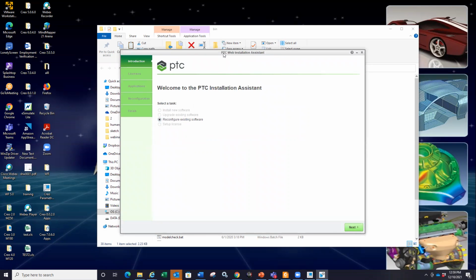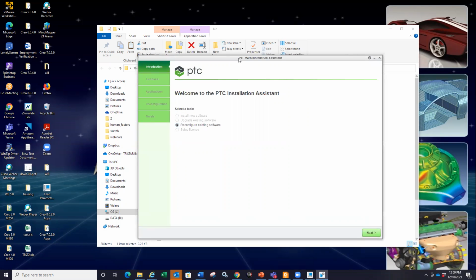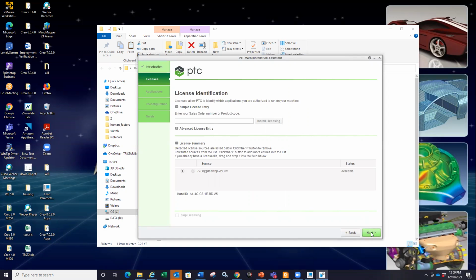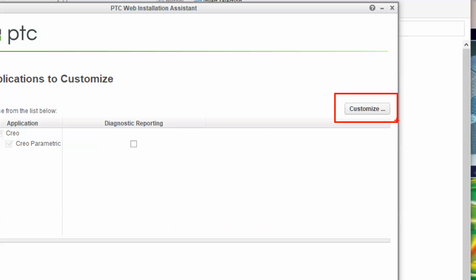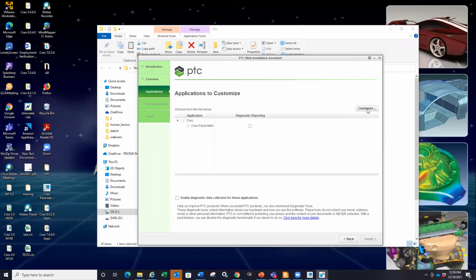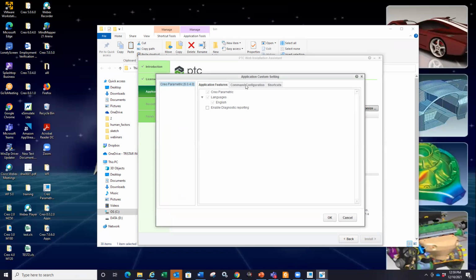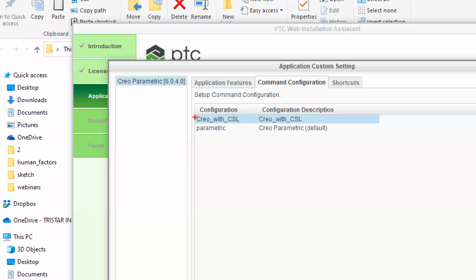Most of the time, if you're a larger company, your IT may not allow you to do this, but you could have them do it too. They may be aware of it. You keep clicking next, and there is this customize button in the old Creo 5 and 6. In Creo 7 and 8, it shows up here. If you click customize and click on command configuration,